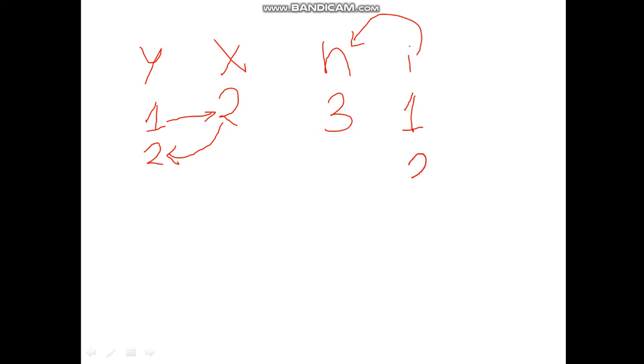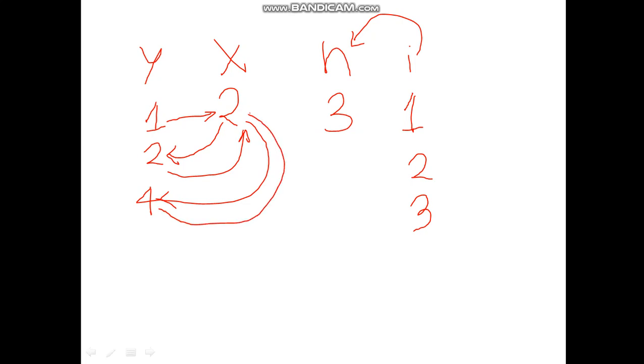i will be incremented. Let's increase this i to 2. 2 less than 3, true. Again multiply this y with x and store the result back in y. So 2 into 2 is 4. Check, is i less than n? Yes, still i is less than n. Increase the value of i, it becomes 3. Again multiply the value of y with x and store the result back in y. 4 into 2 is 8.